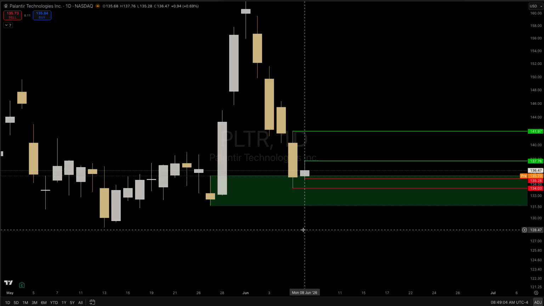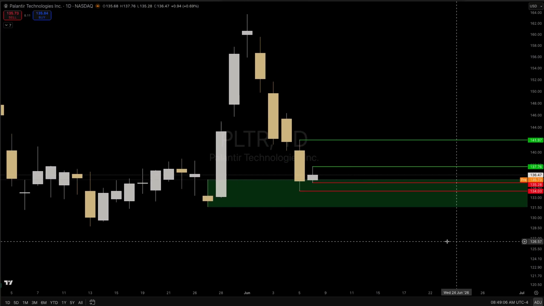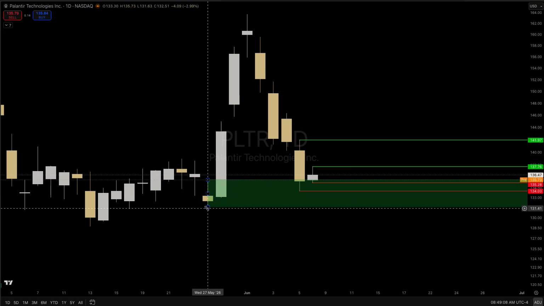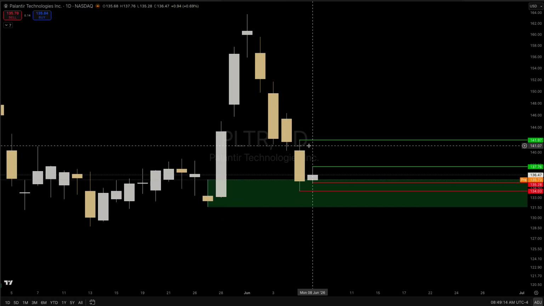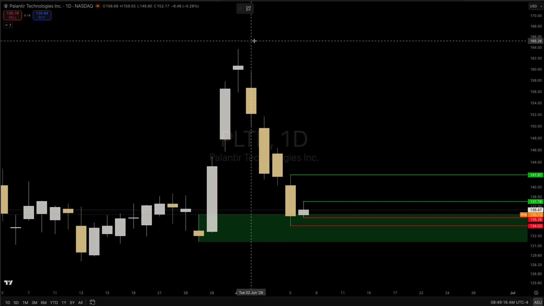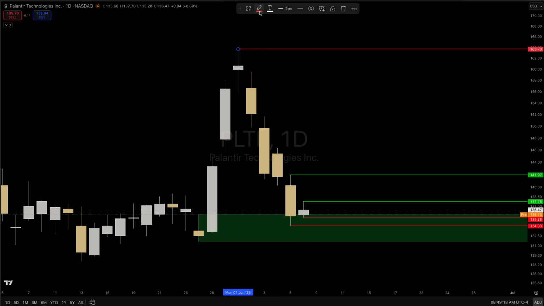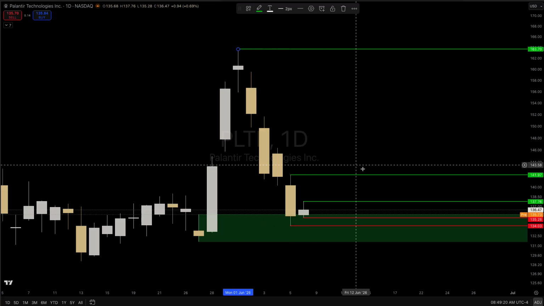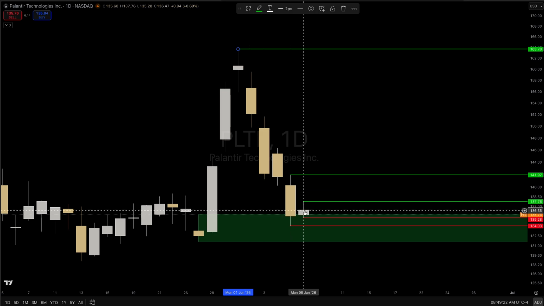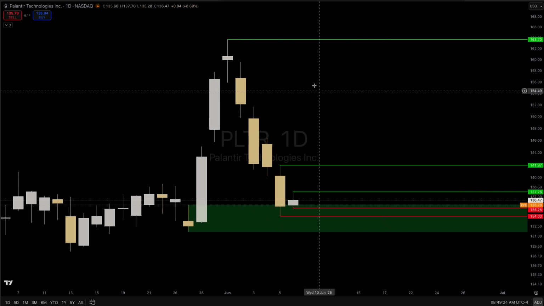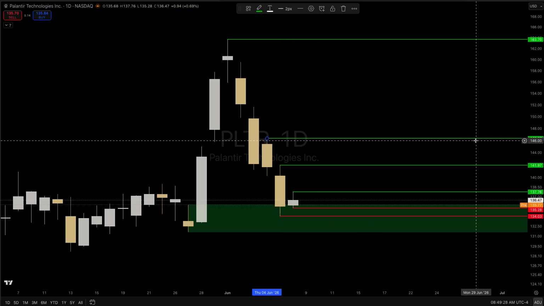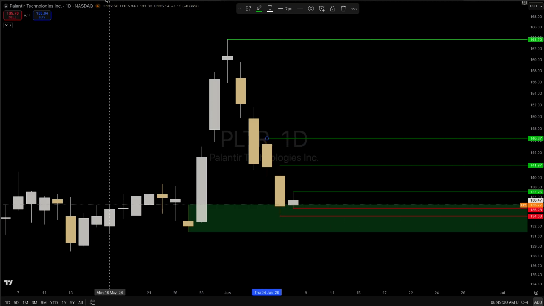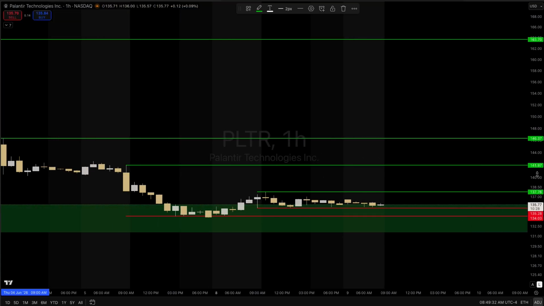I have marked this zone because I wanted to see the price come back into this zone, and then we can see a good buying opportunity one more time. And then you can target this swing high here. Not for day trading, but this would be for your swing trading. For day trading, my next target can be 146.37. If I go on the 1 hour chart,